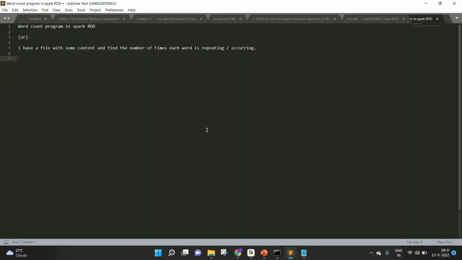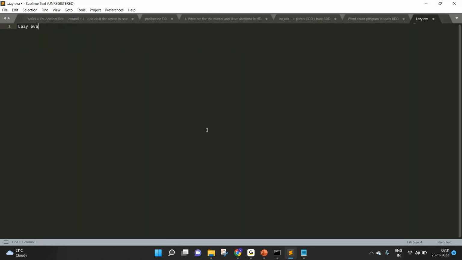This is because Spark follows something called lazy evaluation. What is the meaning of lazy evaluation? All the transformations in Spark are lazy in nature. And what are some of the examples of transformation? Whatever we applied till now, they're all transformations. So textFile is also a transformation. flatMap is also a transformation. map is also a transformation. reduceByKey also is a transformation. Whereas all the actions are eager